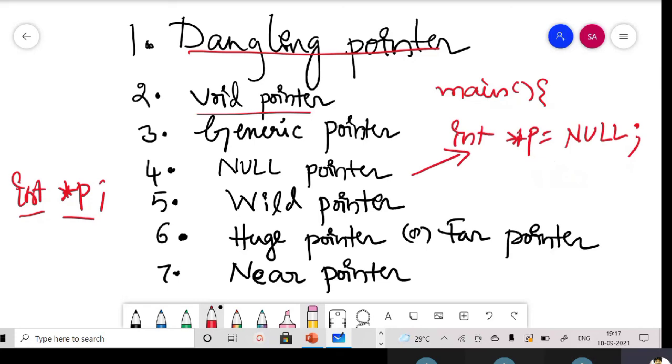Okay, so if the initial value into a pointer is a null, or somewhere in your program you're storing a null value into a pointer, I can say that pointer is a null pointer. What happens if I'm not storing this null? Most of the times we do this: we declare a pointer, but we don't store any value into it. We simply declare the pointer and later we store some address into that pointer. This pointer is called a wild pointer. If you are not storing any address or not even a null, then your pointer is called the wild pointer.